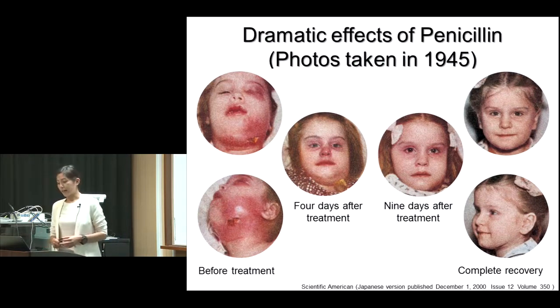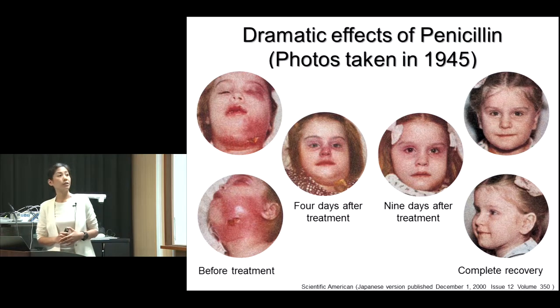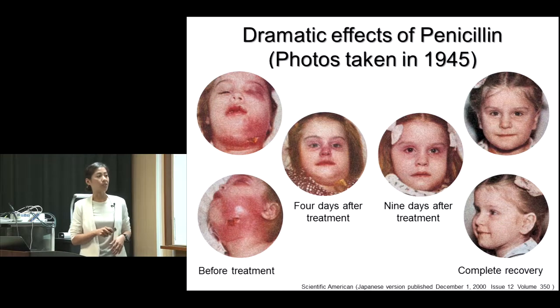Also, the discovery of antibiotics is worth mentioning as a historical milestone in infectious disease epidemiology. And penicillin was discovered by Fleming in 1928. Before its introduction, there was no effective treatment to treat infections. And as you can see here, the threat of dying due to an infection was so real and severe